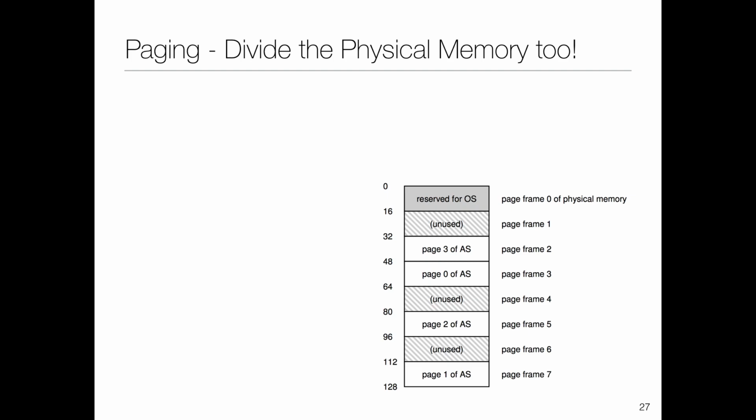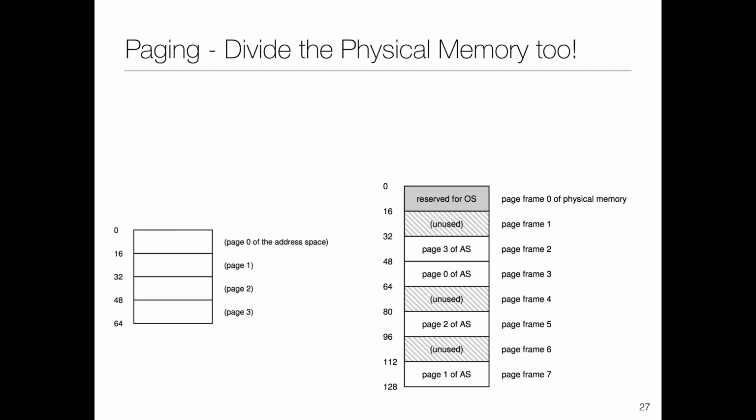Let's say this is how a particular instantiation of the physical address space looks. Some pages are reserved for the OS itself, since it requires some memory. Let's say this was the address space of the process, and it had 4 different pages. We need to map the 4 pages from the process's address space to the physical address space. In this case, the first page goes to page 3 on the physical address space, and so forth. It's similar to segmentation, similar to base and bounds, just that now you have a 16 byte unit splitting it up.